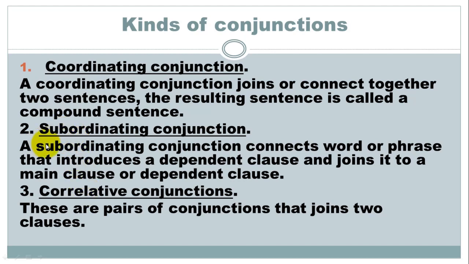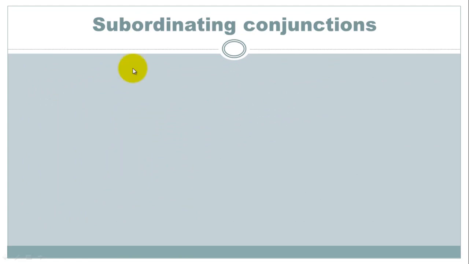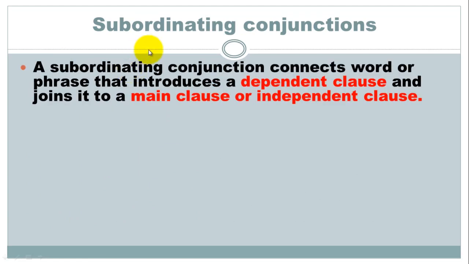A subordinating conjunction connects words or phrases that introduce a dependent clause and joins it to a main clause or independent clause. Correlative conjunctions are pairs of conjunctions that join 2 clauses. So we're going to look at them in detail. Okay, subordinating conjunction. Our today's lesson starts here. A subordinating conjunction connects words or phrases that introduce a dependent clause and joins it to a main